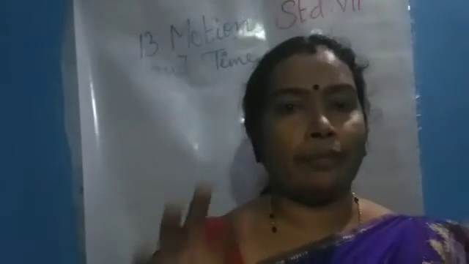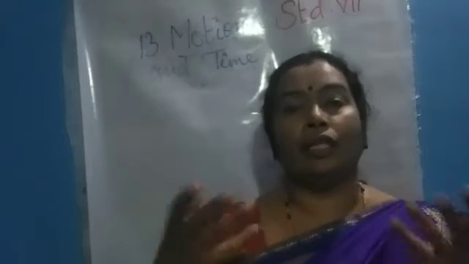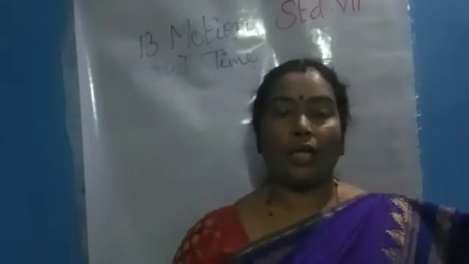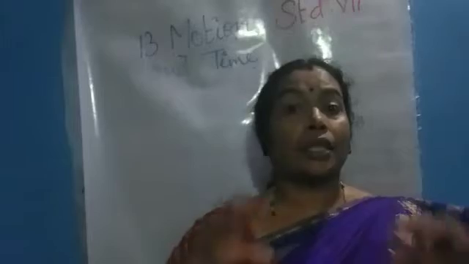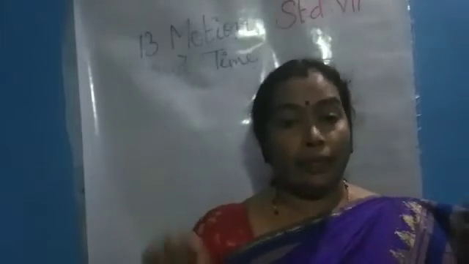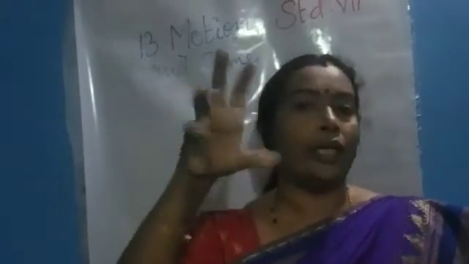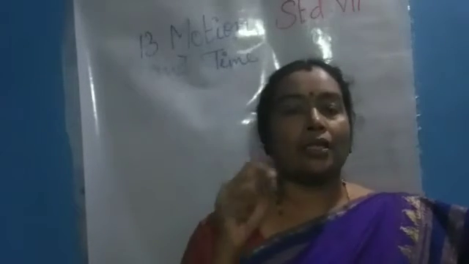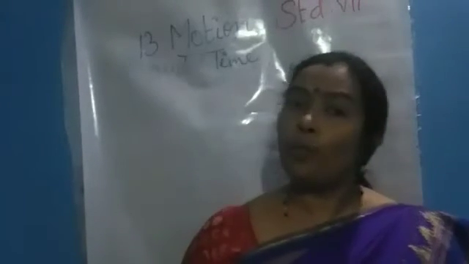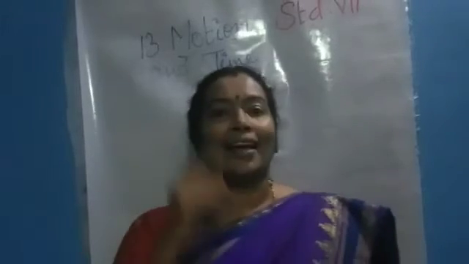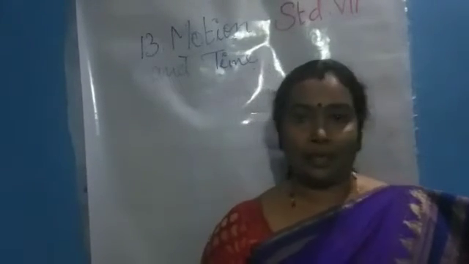Did you notice some round dials in front of the driver in a bus while you are traveling by bus? Otherwise, in vehicles, cars, on the dashboard, in bikes, in front of the rider, there are two or three round dials. Inside that, there will be one needle that shows some readings. Do you know what that is for? Yes, very good. It shows the speed of the vehicle, isn't it?